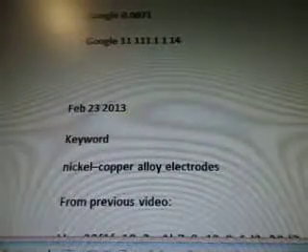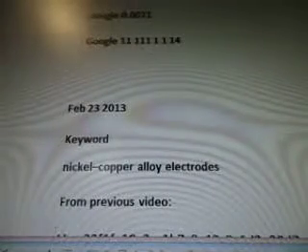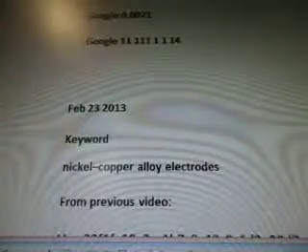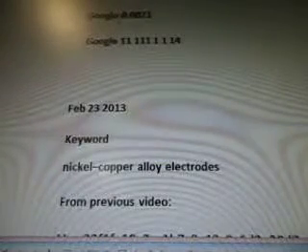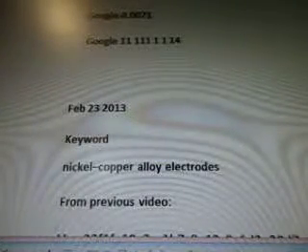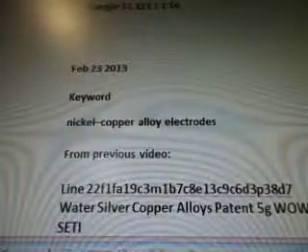And this is about copper nanowires, cupronickel electrodes used in long-distance deep space communication device on the UFO spaceship from the WOW data. So February 23rd, 2013, today is the 27th. The keyword is nickel copper alloy electrodes from previous video, line